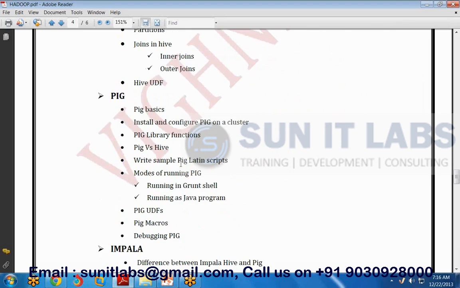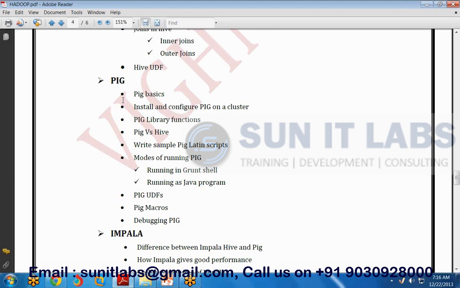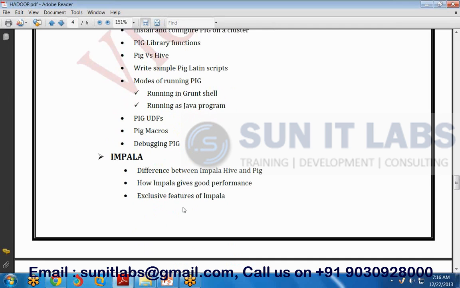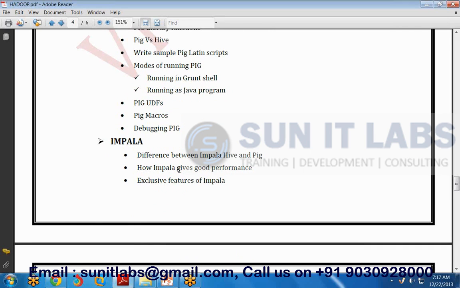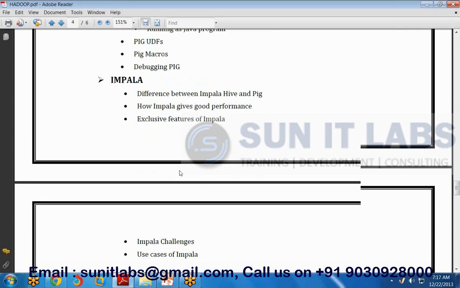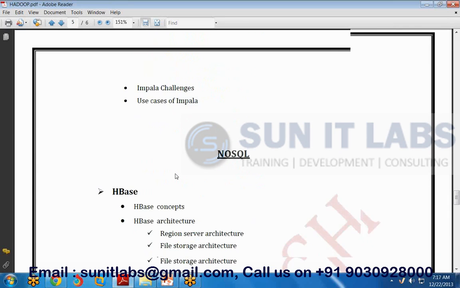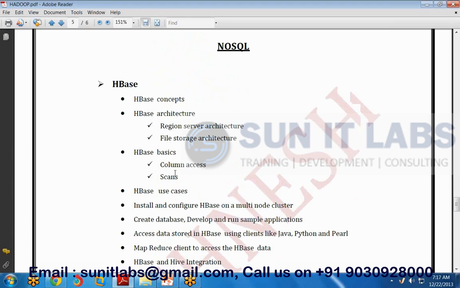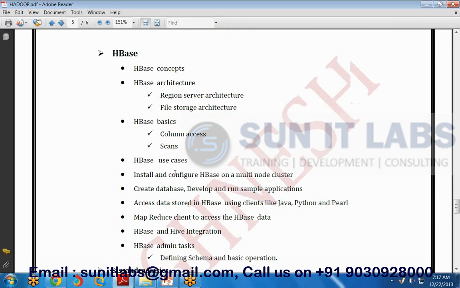And then we'll be going ahead with Pig, where we'll start with Pig, install and configure, library functions, and Pig versus Hive, Pig basic functionalities, compressions in Pig, running Pig and credentials, Pig UDFs, Pig macros, Pig parameters, and debugging Pig. And then we'll go ahead with Impala, which is almost 20 times faster than your Hive, and which is used for ad hoc querying, and the features of Impala, the drawbacks of Impala, and the use cases of Impala. And then we'll be going ahead with NoSQL databases, HBase, a complete description of HBase,